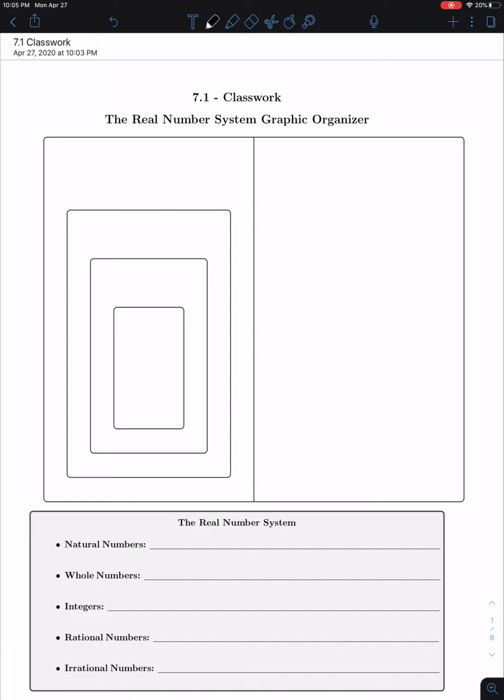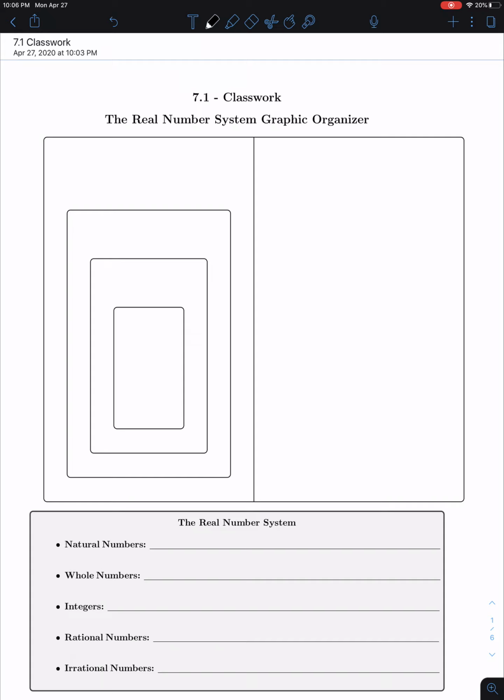So, we just finished up chapter 6 and we're moving into chapter 7, our final unit for the semester. So, we're going to be talking about decimals and rational and irrational numbers. So, if we look at the classwork, we're starting off today with kind of a real number system graphic organizer. And so what we want to do is kind of fill in the chart of where all of our different